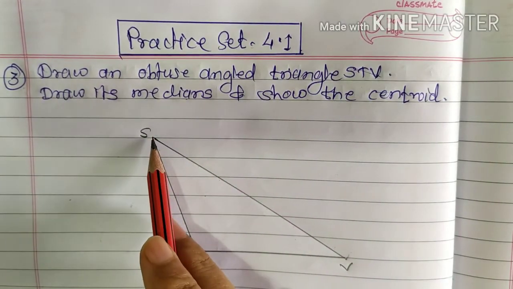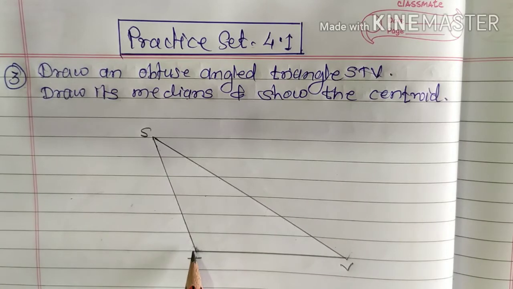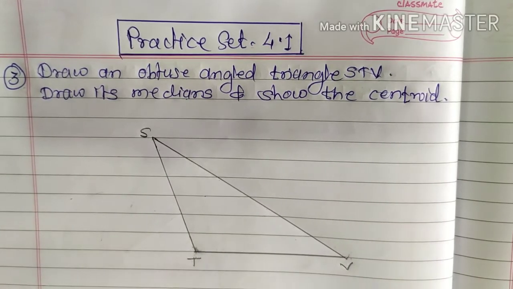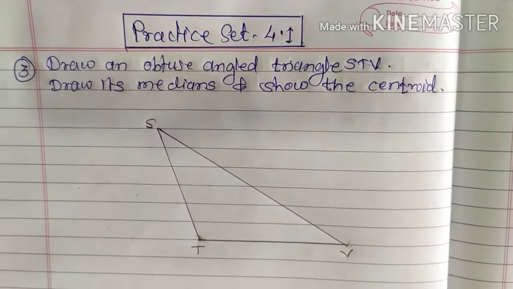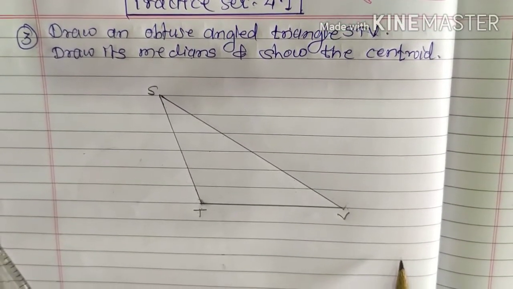This is the obtuse angle triangle STV. We are drawing the medians of this triangle,